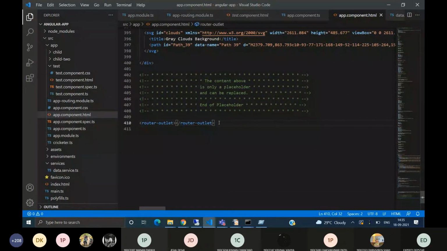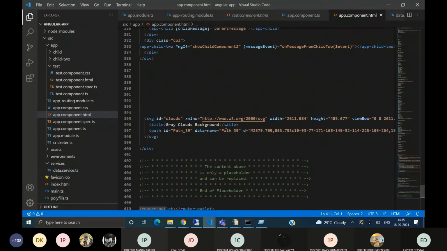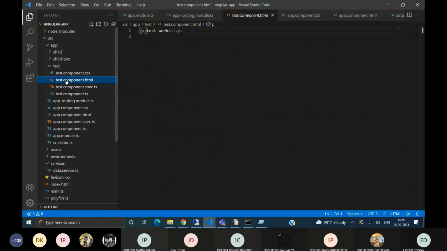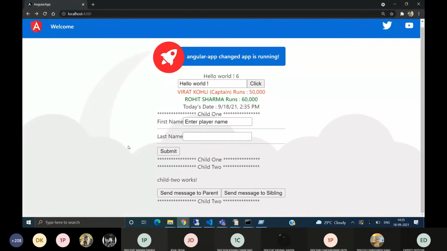This router outlet routing is important, and all the logic will be done inside this, like creating any component that we want to route. All the data that we want to keep static, we can keep here.